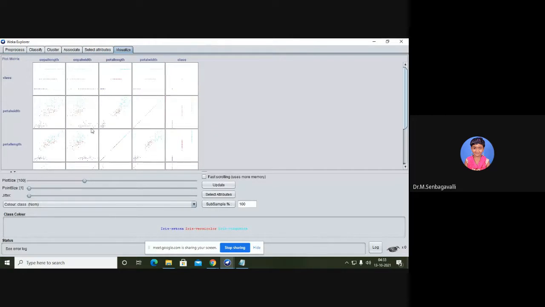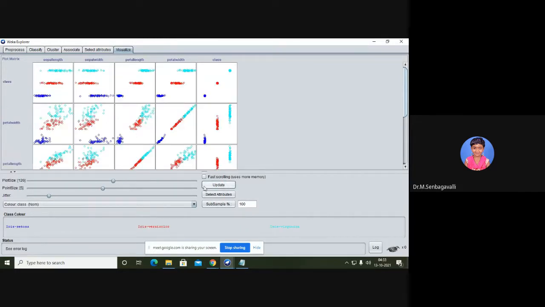And visualization, you can do with the same data set. If you want to make alterations to the point size and plot size, you can do that. Jitter is purely variations in the delay, right? If you want some variations, yes, you can do it. Plot size and point size you can also change. Once you have done that, you can update, and you see the visibility is very high.